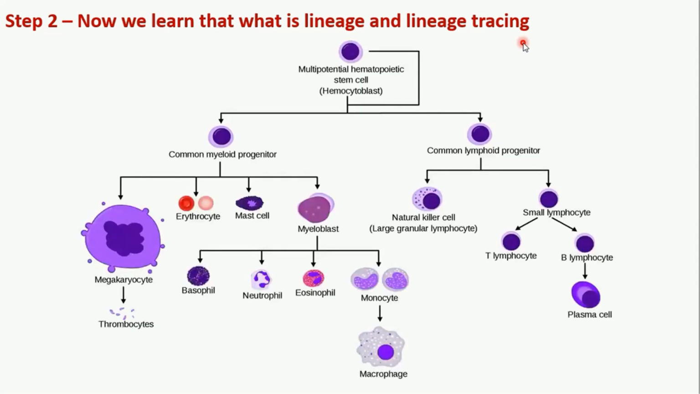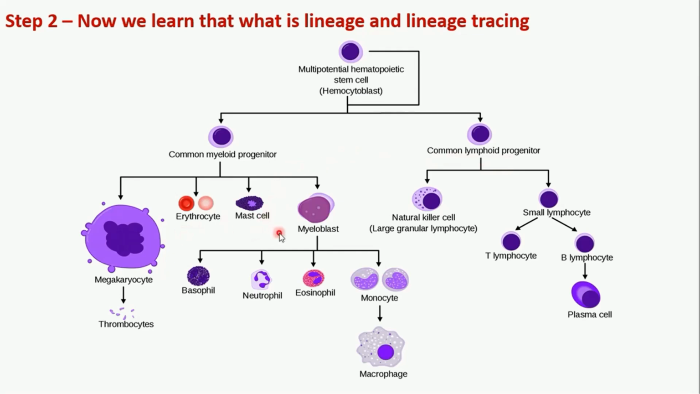Now, in the second step, we will learn what is the meaning of lineage and what is the meaning of lineage tracing. So, I will be explaining it again by taking a very interesting and simple example. And in this example, we have the hematopoietic stem cell, which is present in bone marrow, and these hematopoietic stem cells can give rise to different cell types. For example, it gives common myeloid progenitor, then it gives common lymphoid progenitor, then these progenitors are